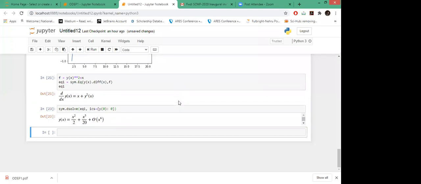Okay, now we have this constant value. So you have the solution with the initial condition. If you pass it, then you will have y(x) equals x squared by 2, x to the power 5 by 20 is your solution. So, okay, this was about the basic ordinary differential equation.